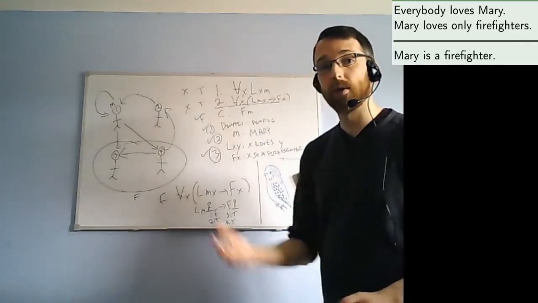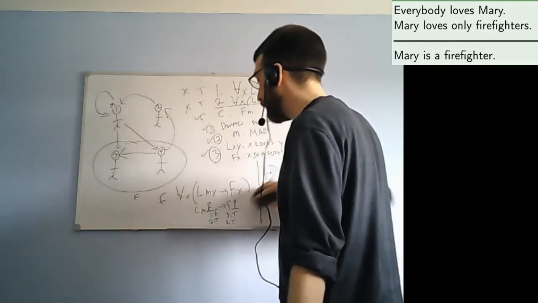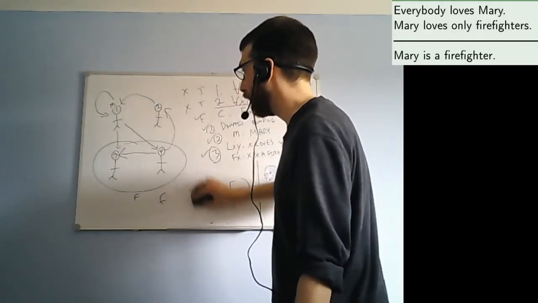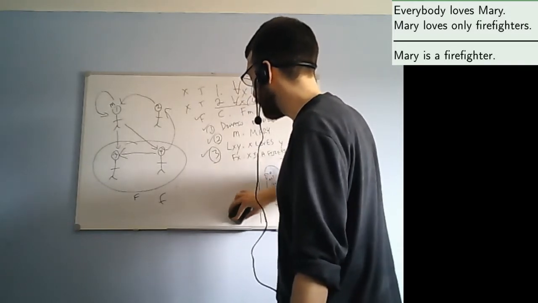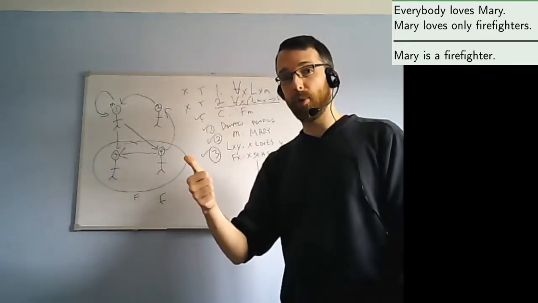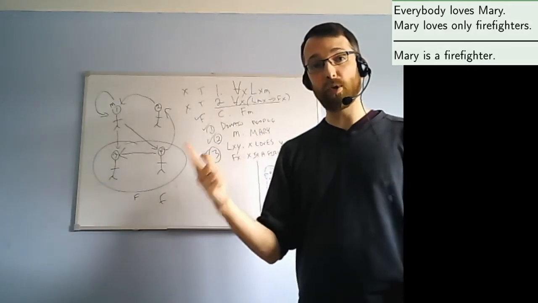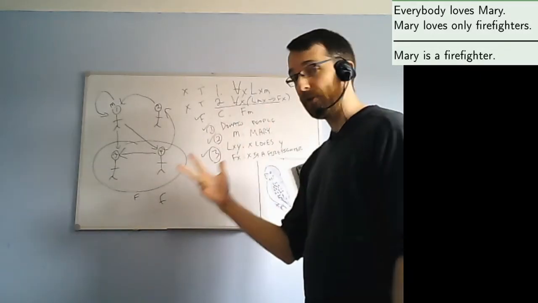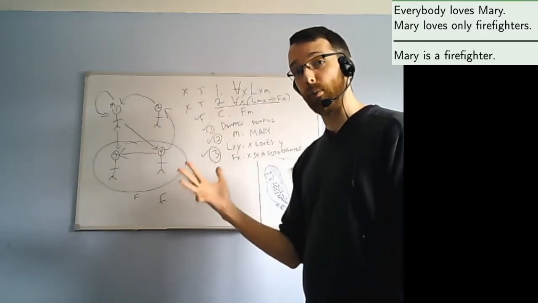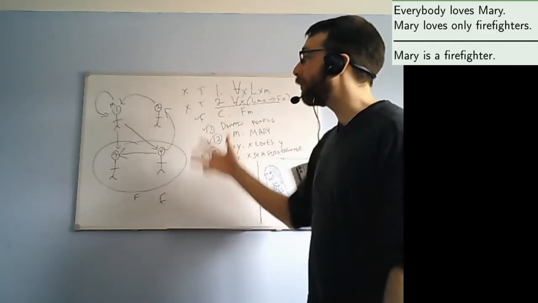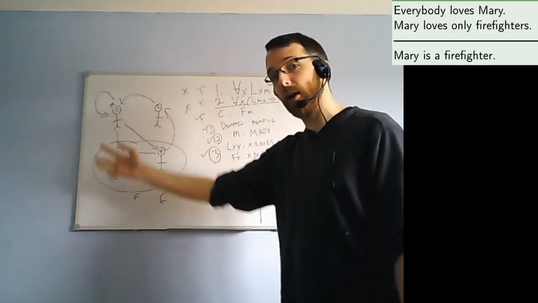Okay, so let's just back up a second. What this means is we gave a story here. I told you a story about how many people there are, the domain, which of those people is Mary, who's a firefighter, and who loves whom. In the story as I told it by means of my arrows and circles,